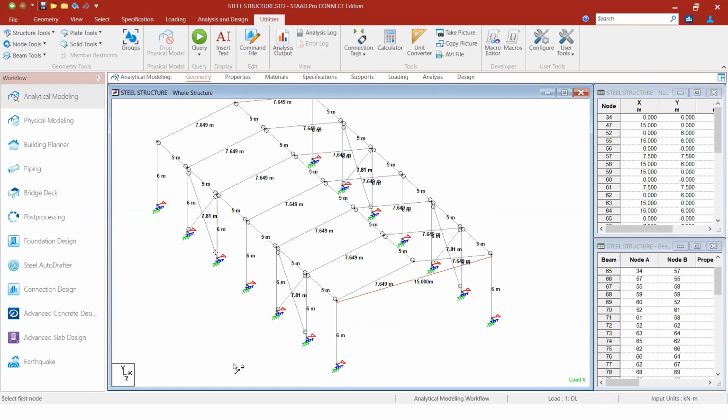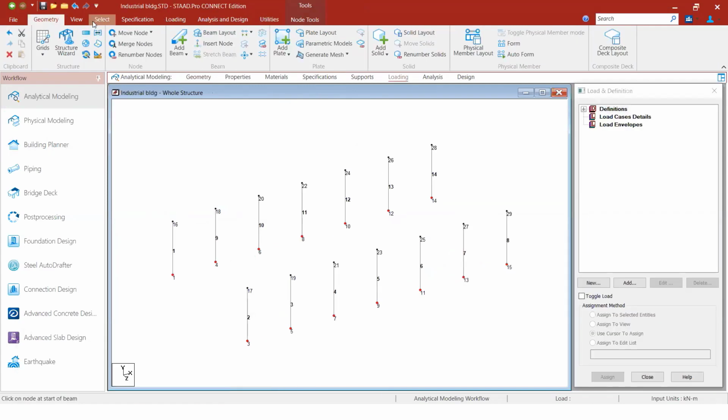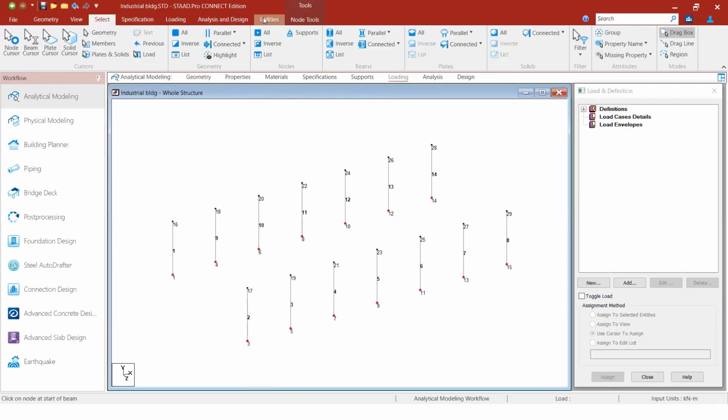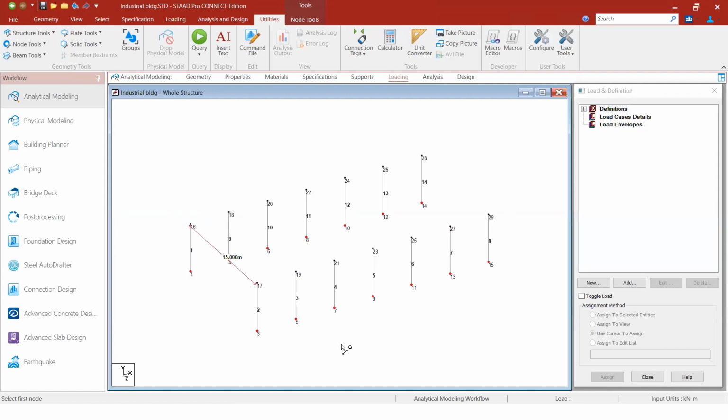I'm connecting the model in such a way that, if you take the utilities, I'm measuring the node to node distance, and I'm providing a center of 7.5. I'm going to create a pitched roof here so that my rafter gets connected. So I think till now it is clear, right?